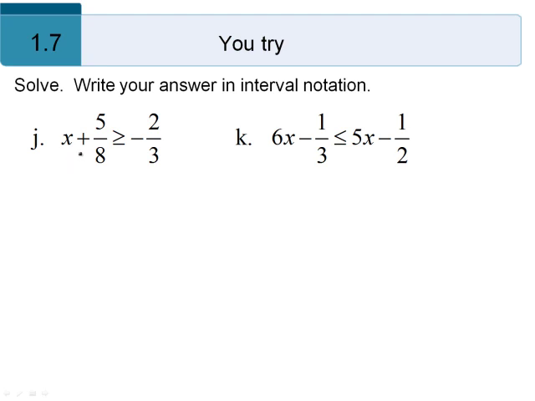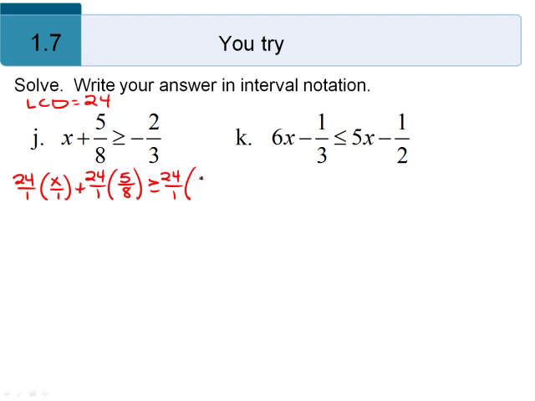It's probably easier on this one to just multiply everything by the common denominator, which would be 24. So that includes that x right there. So you're going to have 24 over 1 times x over 1 plus 24 over 1 times 5 over 8, is greater than or equal to 24 over 1 times negative 2/3. All right, so we get